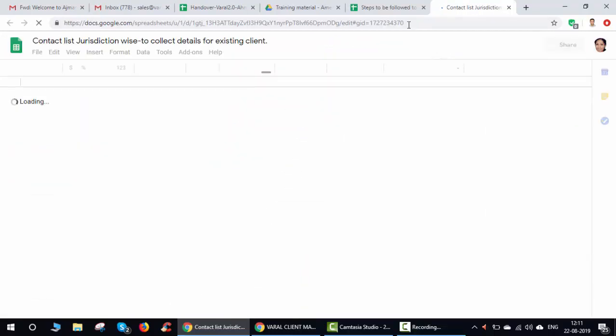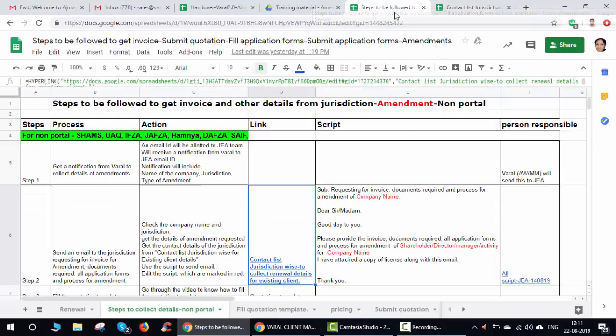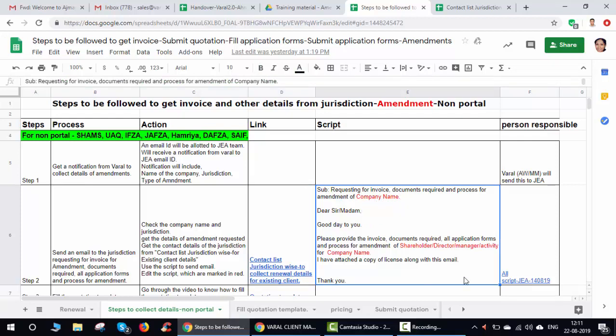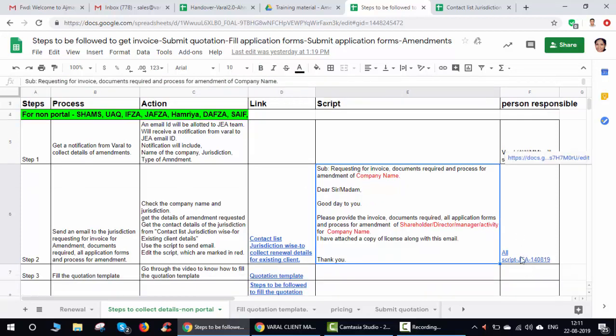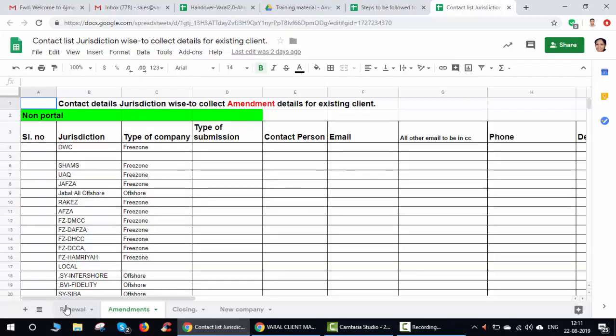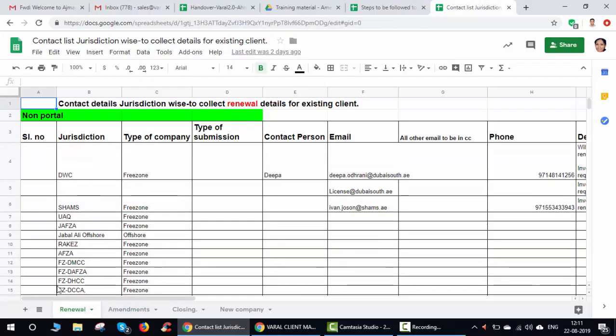In this contact list, when you look, you'll get all the details over there, and you also have a script over here, so you can edit all the required fields over here. And then this is also available in the script sheet. Now when you check your contact details, earlier it was renewal, so this is the tab, and